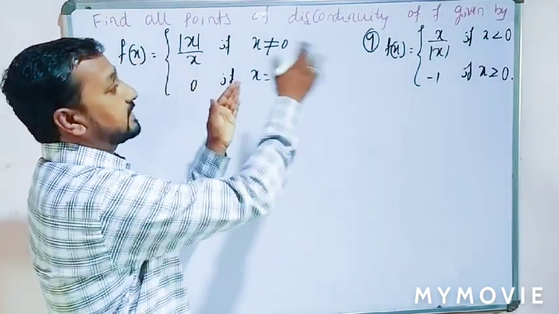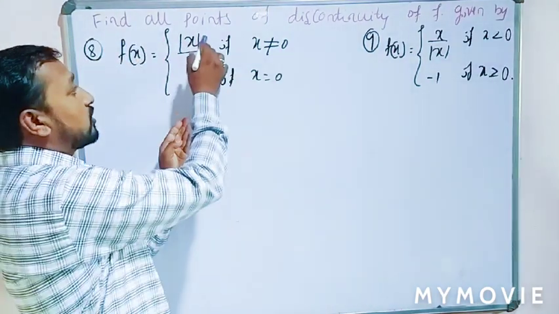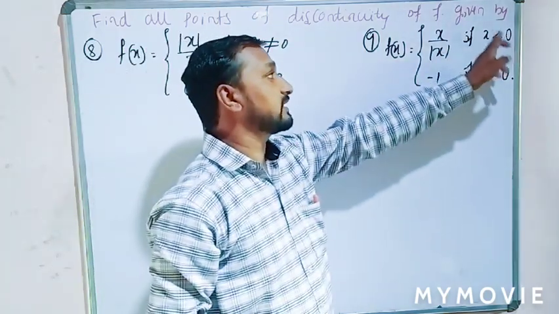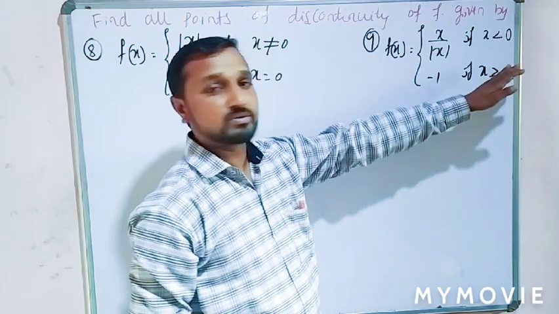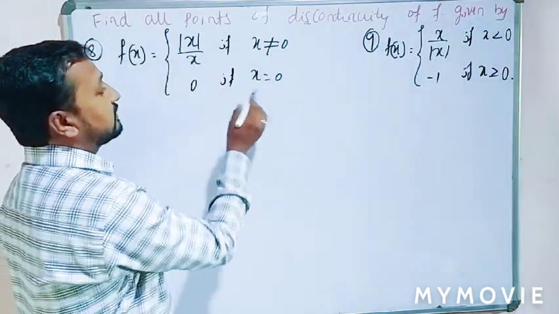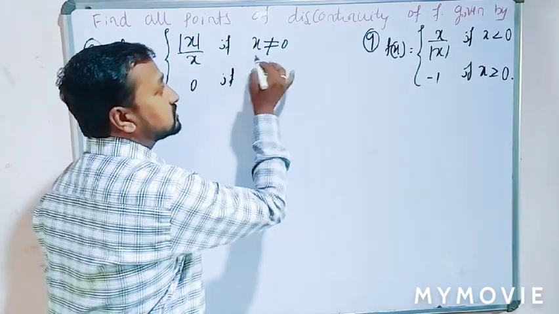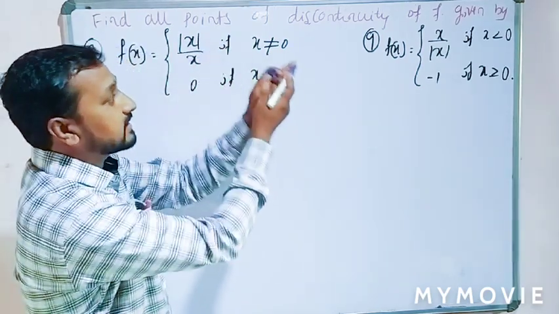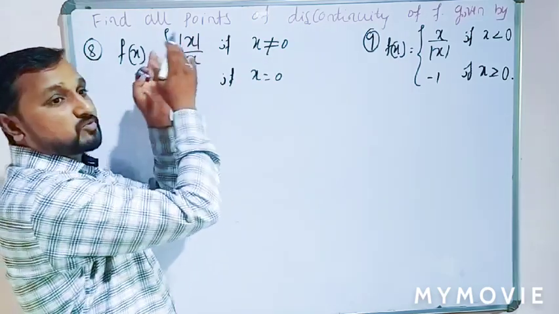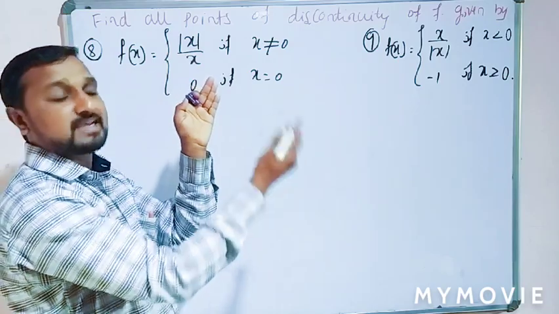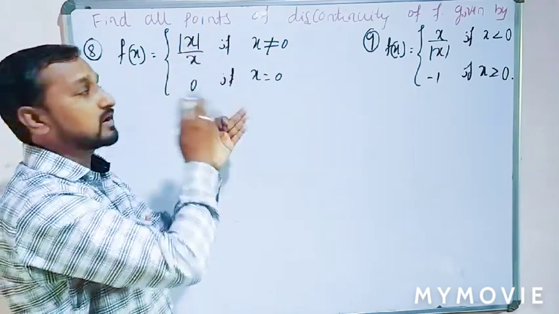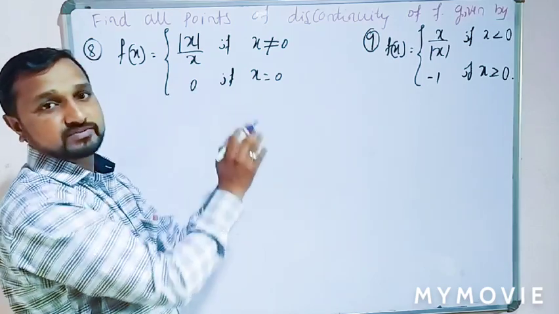Here these two examples are related to the modulus function. Here mod x divided by x if x is not equal to 0 is there. Here x is less than 0 and x is greater than or equal to 0, so both are the same. First of all, you see that x not equal to 0 is nothing but either x is greater than 0 or x is less than 0. So here this is a mod function. The mod function has positive values as well as negative values. That's why we solve this example by the LHL and RHL method, not the limit of the function equal to constant function method.